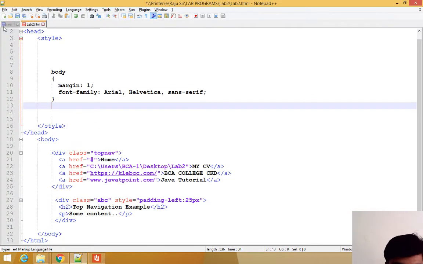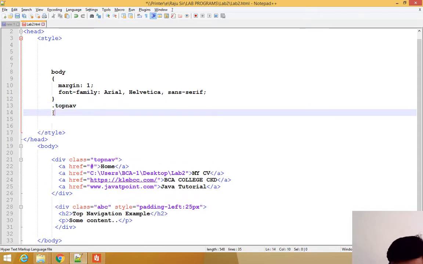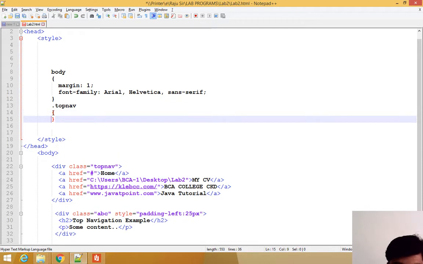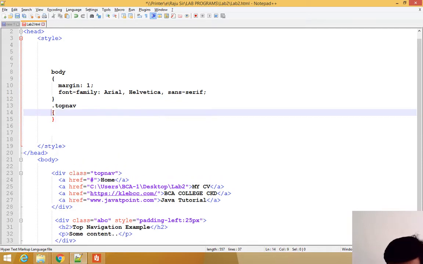Here I want to display it with background color, with border, with some color for the links. For that I am using one CSS code, dot top navigation. I will tell you what top navigation means. Enter, open and close. Every CSS code starts with an open curly brace and ends with a close curly brace, right?